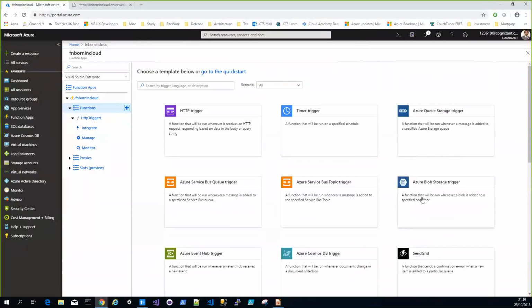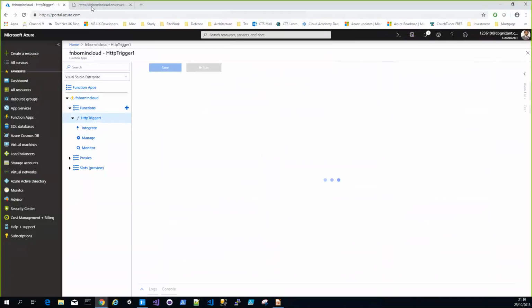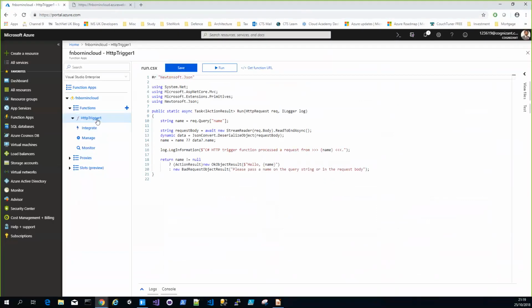Or this trigger actually has the code to look into a blob, but then you have to do something with that. So all it does is it'll look at the blob and see when that changes. So you've got different triggers. The one that I've used is a HTTP trigger. That's why you've got a HTTP endpoint, which you hit, which is HTTP trigger 1. And it's called HTTP trigger 1 because I called it HTTP trigger 1. If I called it some other name, you would have seen some other name over there.